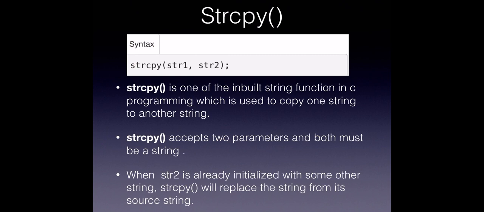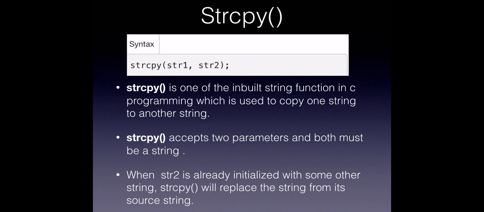It's used to copy the characters in the first string, or the source string, to another string, which is called the destination string. If the destination string is already filled up with something else, it wipes it out and stores the character elements from the source string. In this example, string 1 has 6 characters and it says hello, and string 2 is of course empty, so it has no problems in copying the elements from the source string to the destination string. In this case, strncpy or strlcpy is used for avoiding buffer overflow.